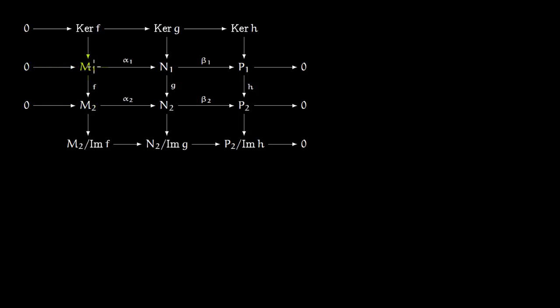You put your two short exact sequences like this: the first short exact sequence, and then the second short exact sequence, and then you construct the kernel maps. This is the kernel of f, this is the kernel of G, and this is the kernel of H, and similarly the cokernel of f, which is M2 over the image of f. This is the definition of the cokernel of f. Similarly this is the cokernel of G, and this is the cokernel of H. So we have to construct this map delta. This map delta goes like this,